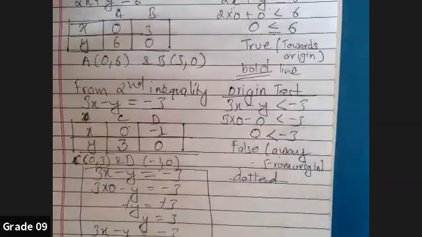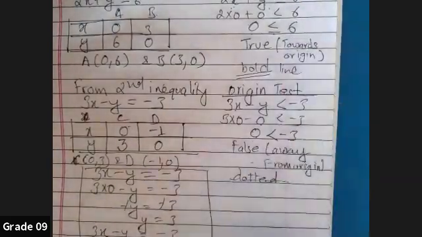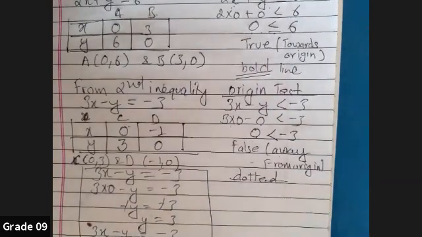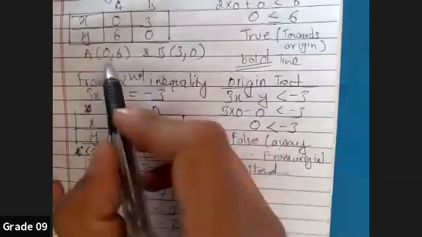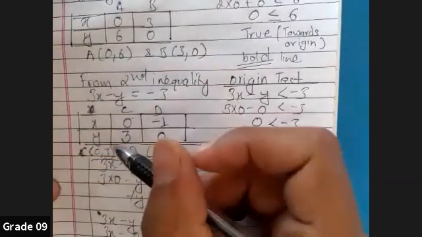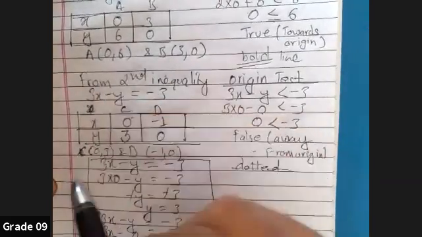Okay, now I'm going to show you this thing also on the graph paper first, graph copy. I'm going to plot, and then I will show you even how to do it without a graph also. Now I'm going to plot A, B, C, D. First I'm going to make A, B, draw the shadow, and then later on I will work for C, D. So just focus on A, B.